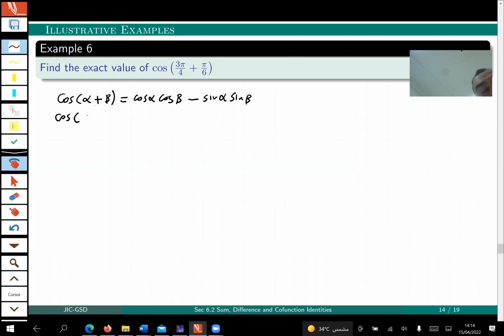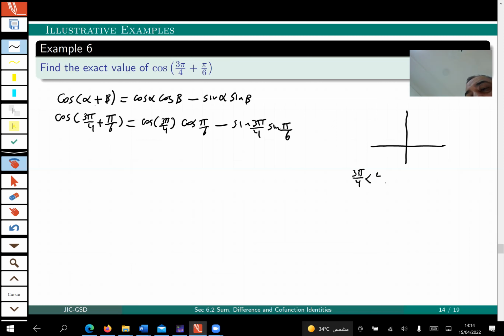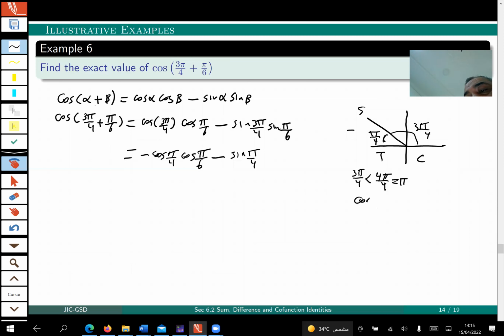So applying this rule, cosine 3 pi over 4 plus pi over 6 will be cosine 3 pi over 4 times cosine pi over 6, minus sine 3 pi over 4 times sine pi over 6. By the reference angle theorem, sine 3 pi over 4 is the same as sine pi over 4, so no change there. Cosine 3 pi over 4 will equal negative cosine pi over 4, but the sine will stay the same. Therefore, that will be minus root